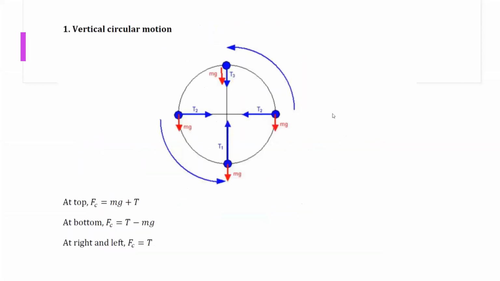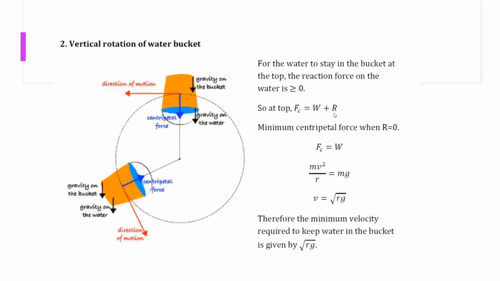So this is the same example for a vertical motion, object moving in a vertical circle. Example, vertically rotating water bucket. It also uses the concept of the physics. So if we use the concept of the physics and explain why, if for example a bucket is there which